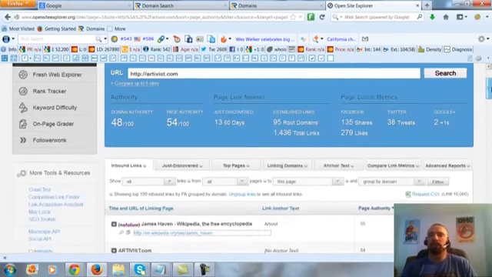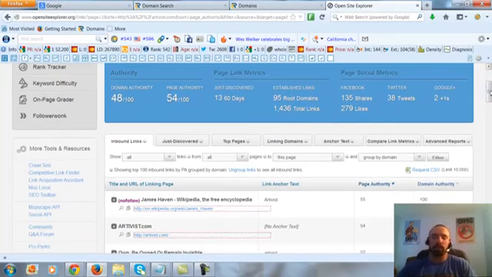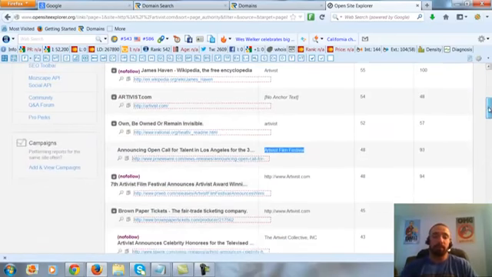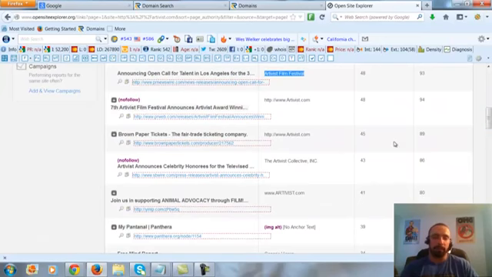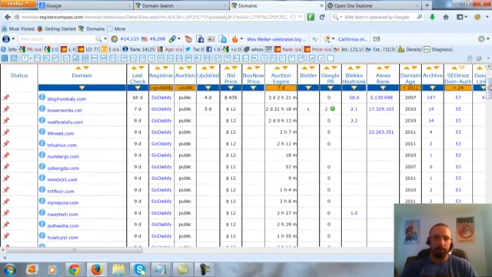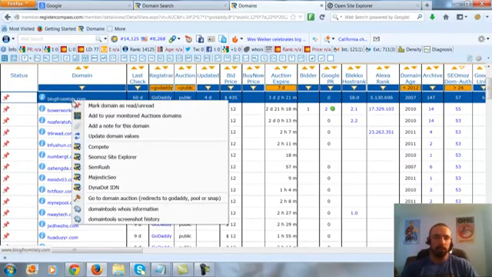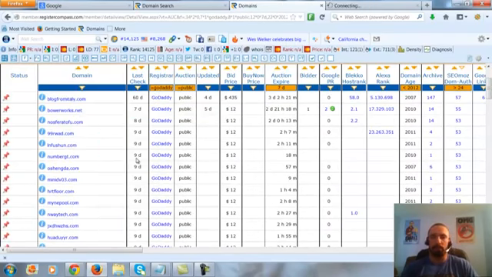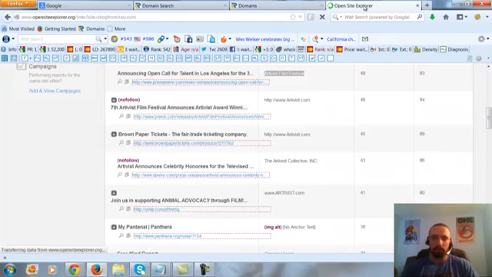Okay, so if the site has a little bit of spam like this, I won't totally ignore it necessarily. But I will probably put down the value a little bit. But it definitely has some good examples of natural links, from the film festival and the brown paper tickets. Those go hand in hand with what the site used to be about. That's what I like to look for. Okay, let's go and look at maybe something that has a lot of spam. A lot of PR zeros with this high domain authority usually have spam to them. So we'll go check this out.